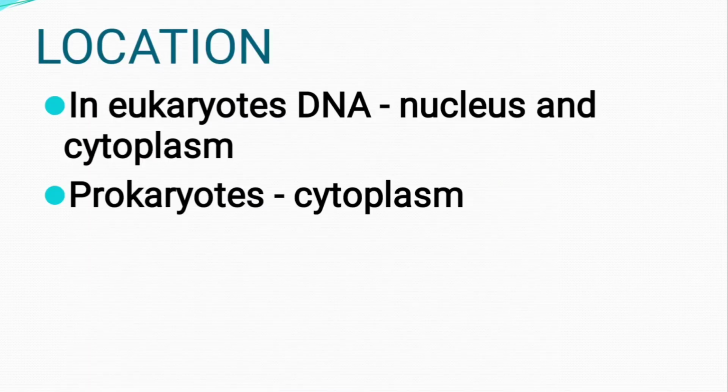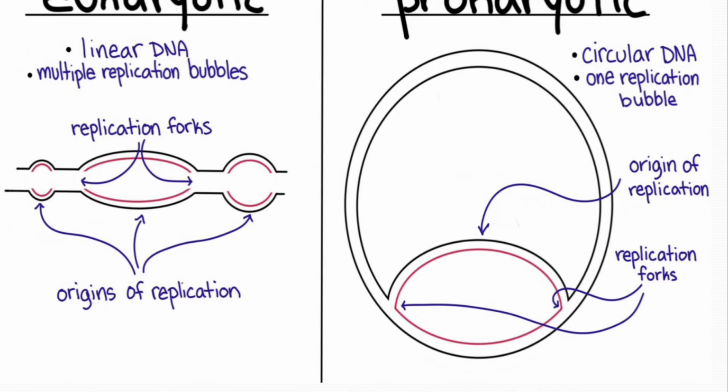First, where is DNA located? In eukaryotes, it is located in nucleus and cytoplasm. In prokaryotes, it is located in cytoplasm only. Okay. What about nucleus, cytoplasm, if you want to know, I have made a video for cell organelles. You can see the circular DNA of prokaryotes and linear DNA of eukaryotes, and one replication only will take place in prokaryotes. About replication we will study in another video. Just note it: prokaryotes circular DNA, eukaryotes linear DNA. It is a very important question also.